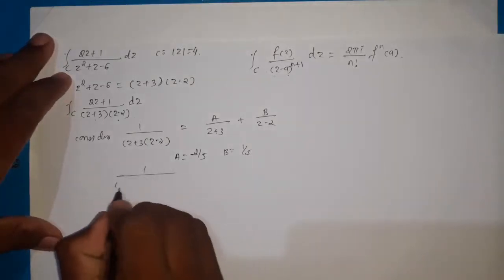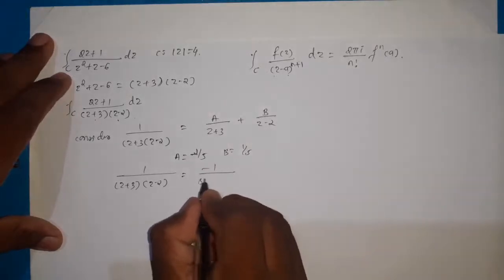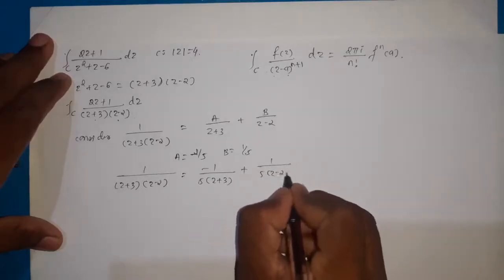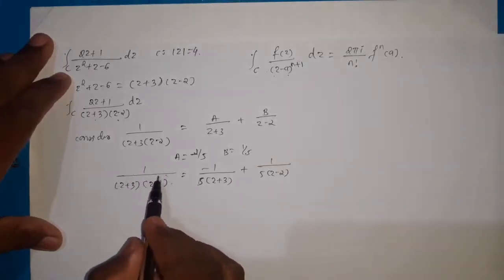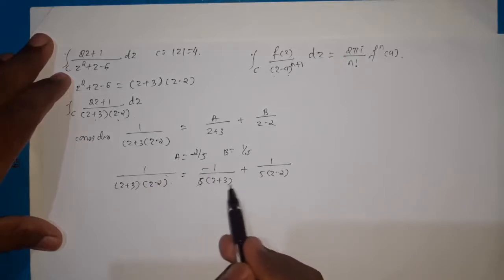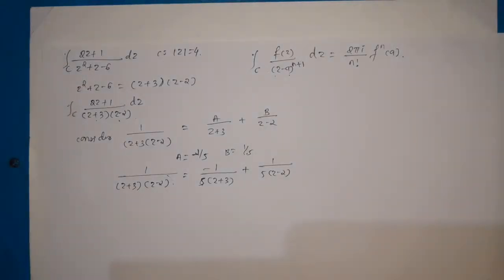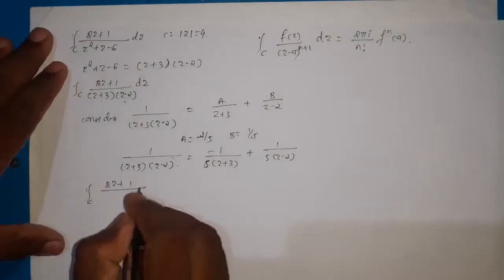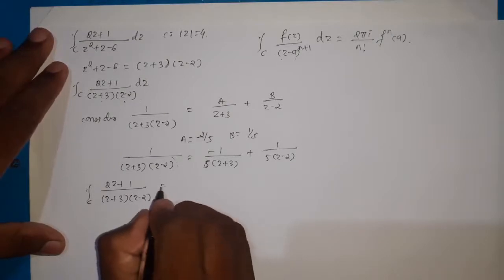Then 1 divided by (z plus 3)(z minus 2) is equal to minus 1 divided by 5 times (z plus 3) plus 1 by 5 times (z minus 2). Now this becomes minus 1 divided by a linear factor of z plus 1 divided by a linear factor of z. Then we can apply Cauchy's integral formula for these two functions. Then here integration over c (2z plus 1) divided by (z plus 3)(z minus 2) is equal to